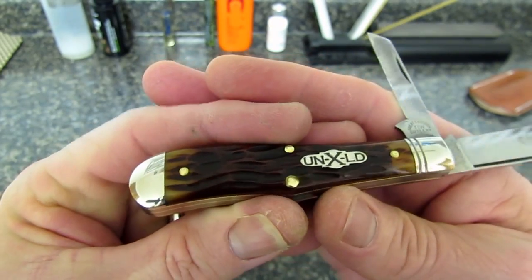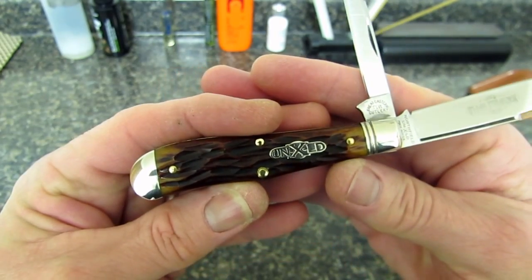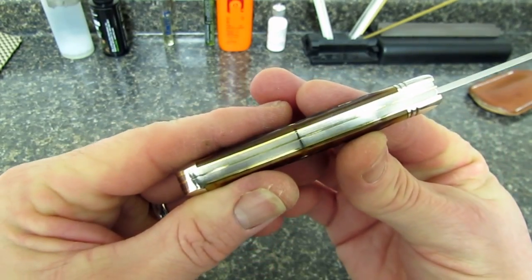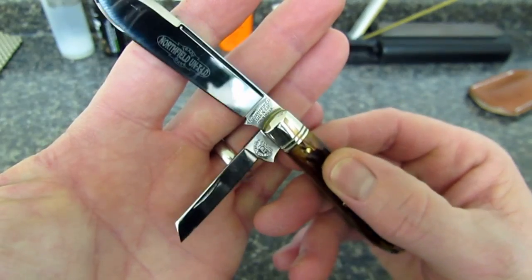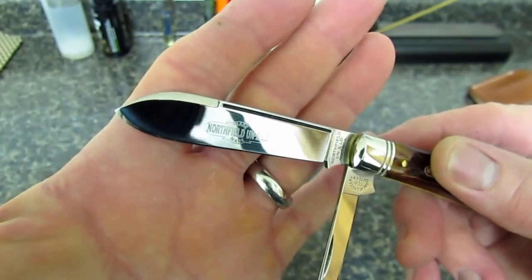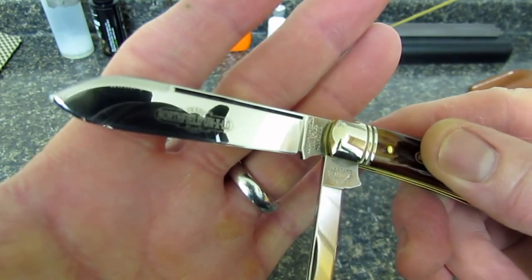The handle scales are Autumn Gold Jigged bone. The bolsters are nickel silver. The back springs are carbon steel, as are the blades. Beautiful mirror polish, and hard to get this in the light, but I think you can see